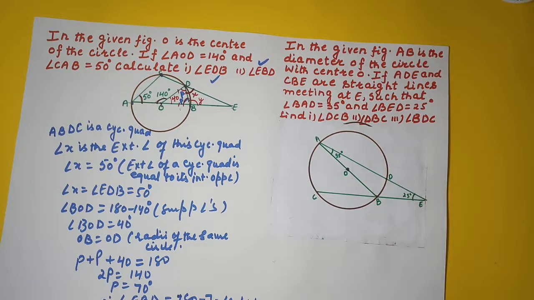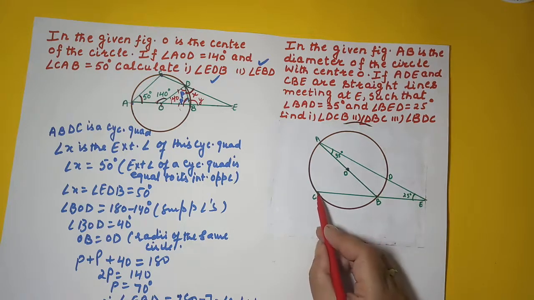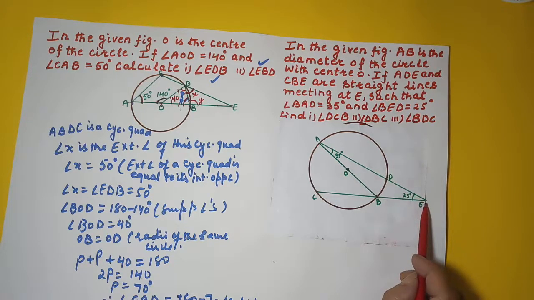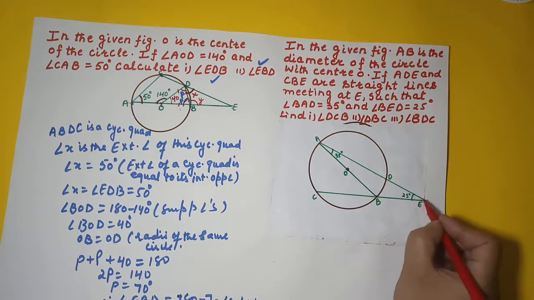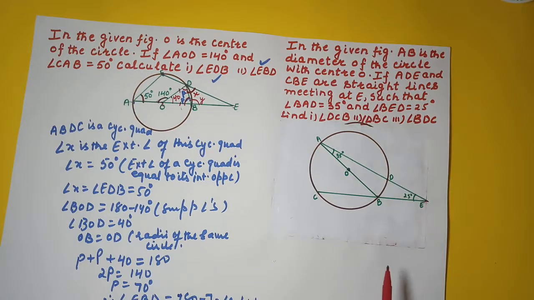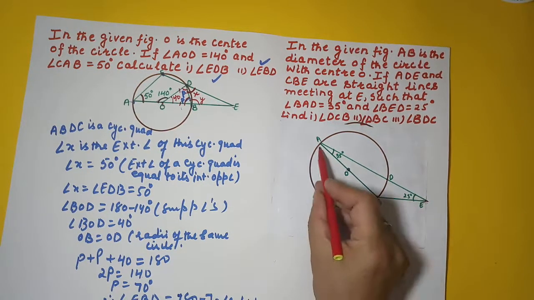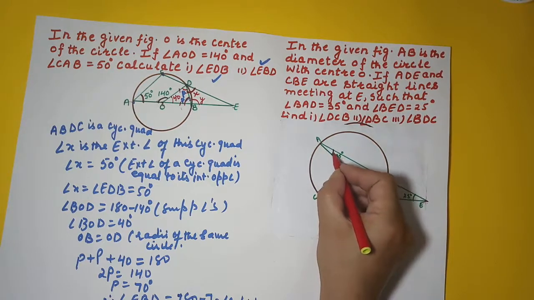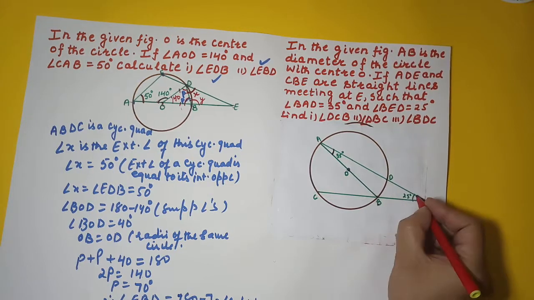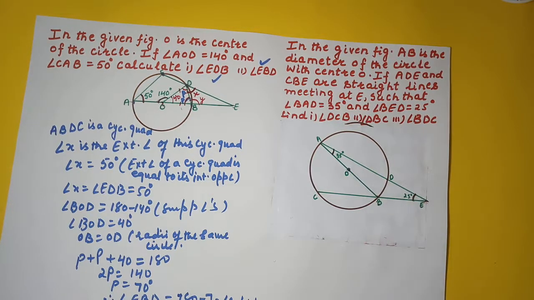If ADE and CBE are straight lines, okay, CBE is a straight line, ADE is also a straight line, meeting at E, and both of them meet at this point E, such that angle BAD, that means this angle is 35 degrees and angle BED, this angle is 25 degrees, right? He wants us to find angle DCB